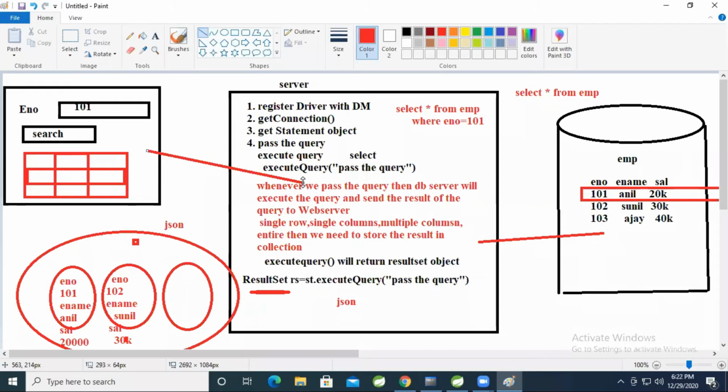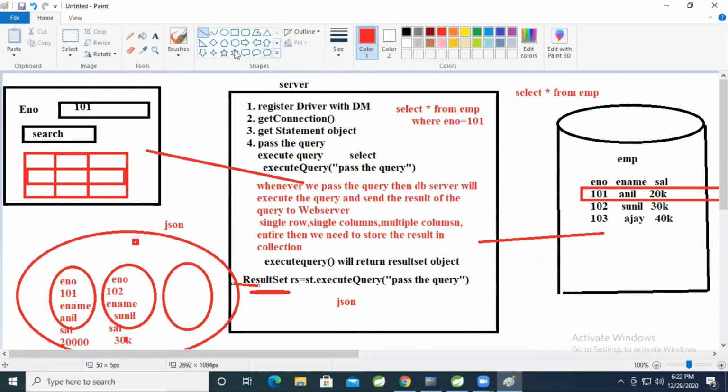Now I have one more doubt, sir. You told that browser will communicate with server and bring single values only. Now how will the server communicate with the database? Server also will communicate with the database, and server also will fill the data in a collection, single values only.